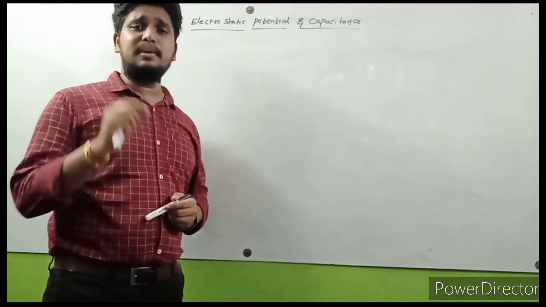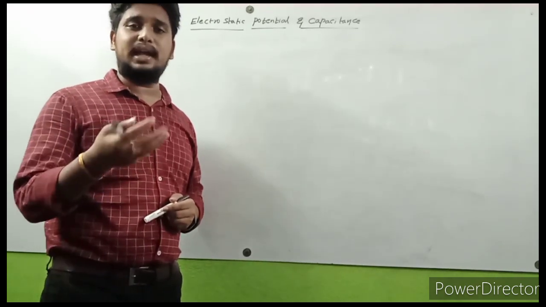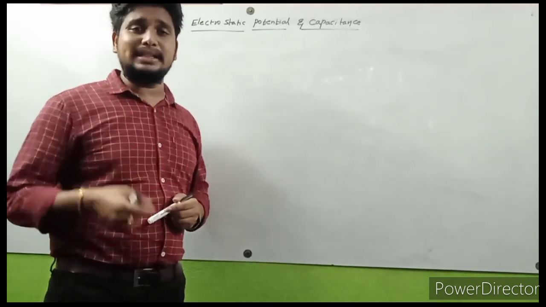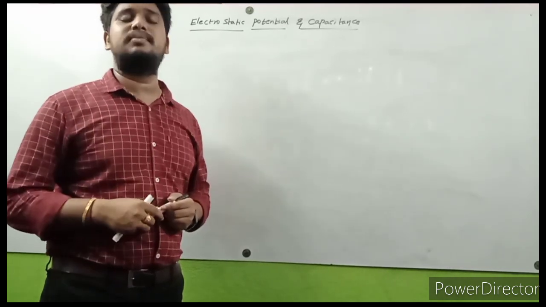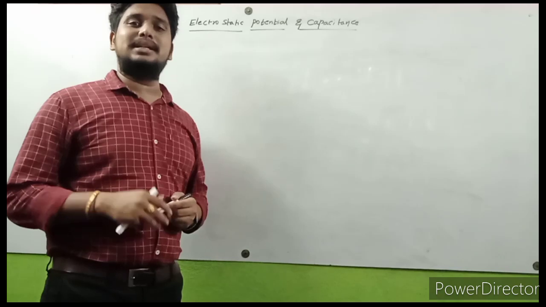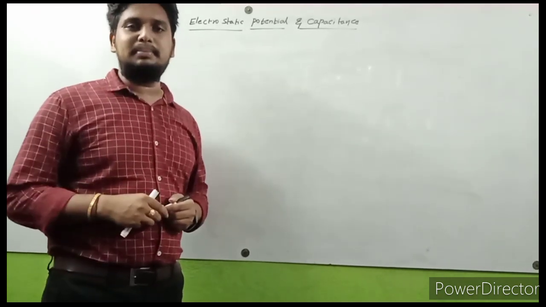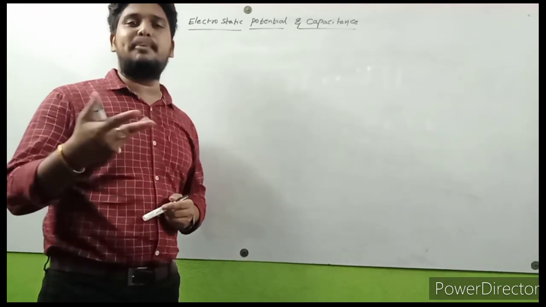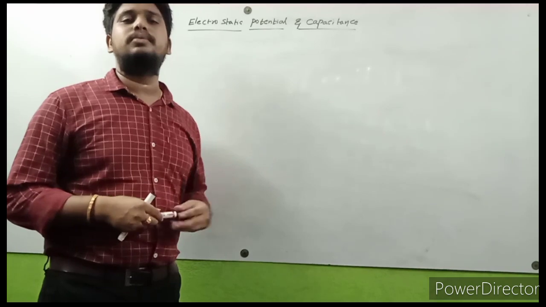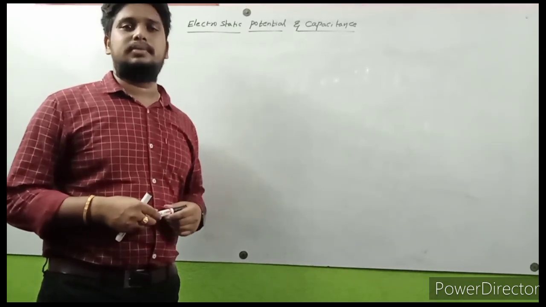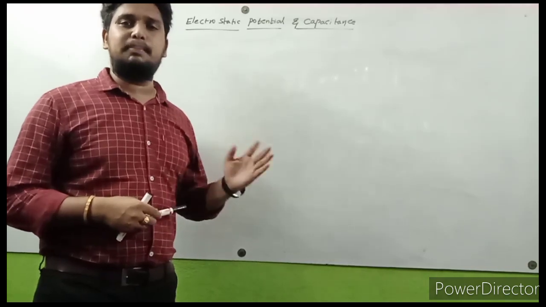If a point lies on the axial line of a dipole, how to find electric potential? If a point lies on the equatorial line of a dipole, how to find electric potential? And if a point is placed at a certain angle somewhere, that means a general case, we discussed the electric potential formula for the general case. Now we are going to start one more important topic in this chapter, electric potential and